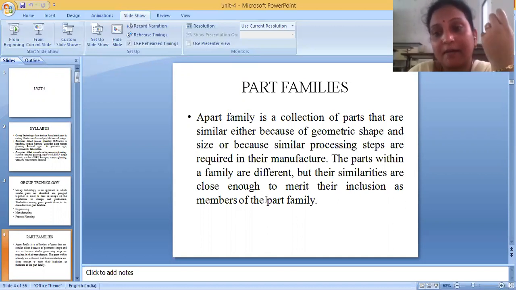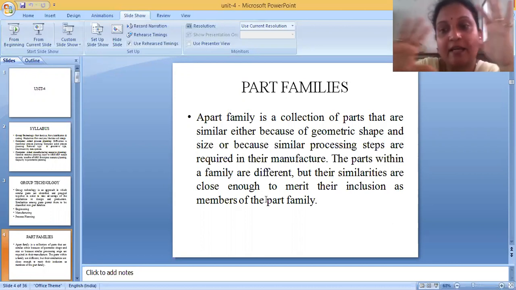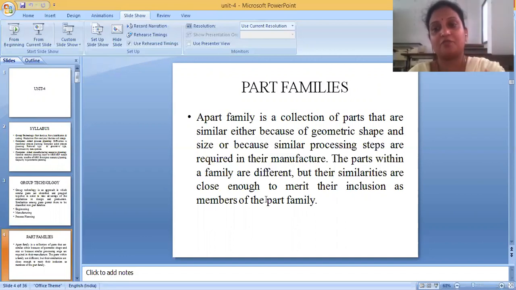That is classification based on shape. Now look at classification based on types of operation. Say in a section you have machine 1, machine 2, machine 3, machine 4, machine 5, up to machine 10. Component 1 goes through machine 1, 3, 5 and 7, and another component goes through machine 1, 3, 5, 9, 10. Both don't have similar processes, but when arranging the machines, these components are not spoiling the sequence.